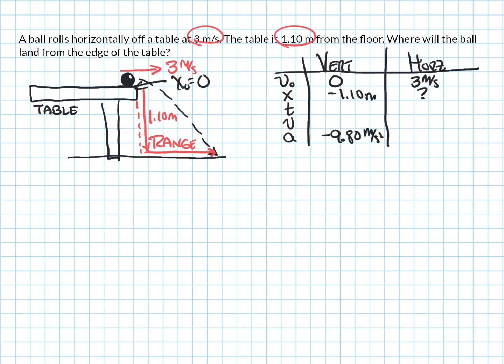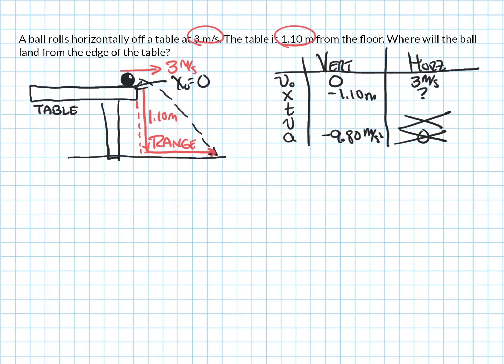Horizontally, we know that there are no forces acting on it horizontally, and I kind of know that in my real life because I cannot sit on the vertical wall on the side of my room. I can only sit on the floor. So because there's no force moving horizontally, that's going to be 0. In fact, it's always going to be 0. And as it turns out, that's kind of a useless piece of information. So is the horizontal velocity. So horizontally, I really only have three givens that are important: the 3 meters per second, the x, and the